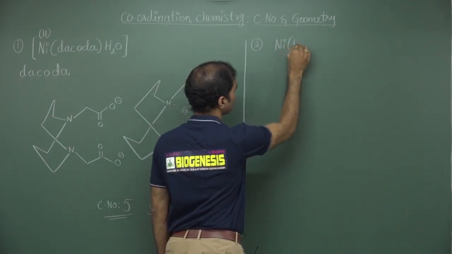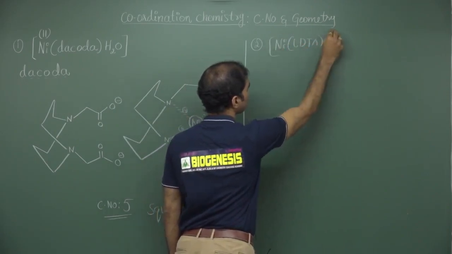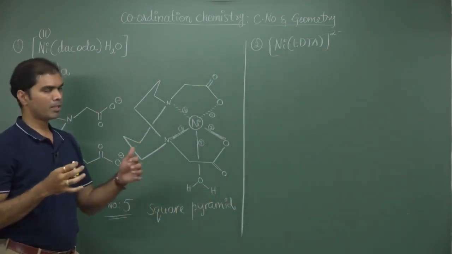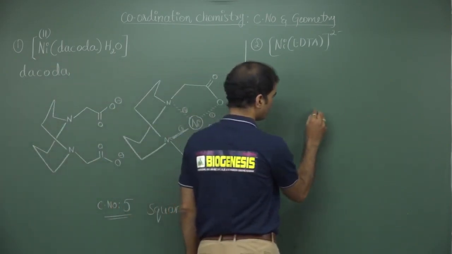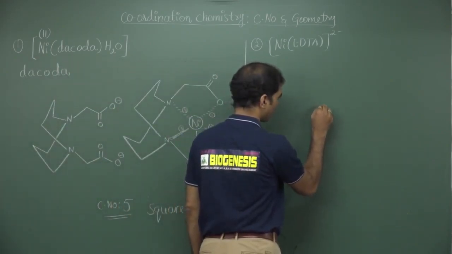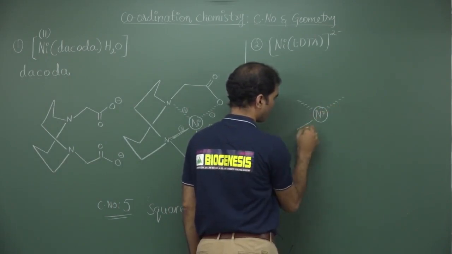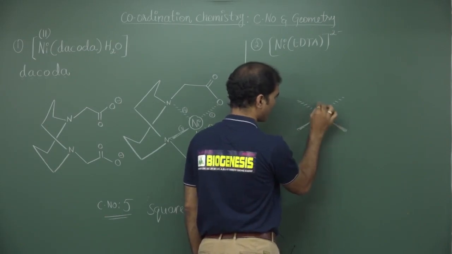Second one, let me choose the nickel EDTA complex. Suppose I choose a nickel EDTA complex, how EDTA binds to nickel is more important. Complex wise it is an easier one, but how the binding occurs and how we draw it in the easiest way is more important for us. It is a hexadentate ligand.